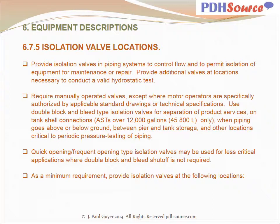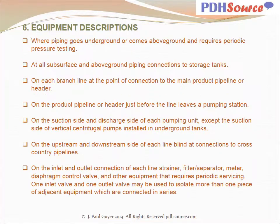Quick opening, frequent opening type isolation valves may be used for less critical applications where double block and bleed shutoff is not required. As a minimum requirement, provide isolation valves at the following locations: where piping goes underground or comes above ground and requires periodic pressure testing, at all subsurface and above ground piping connections to storage tanks,